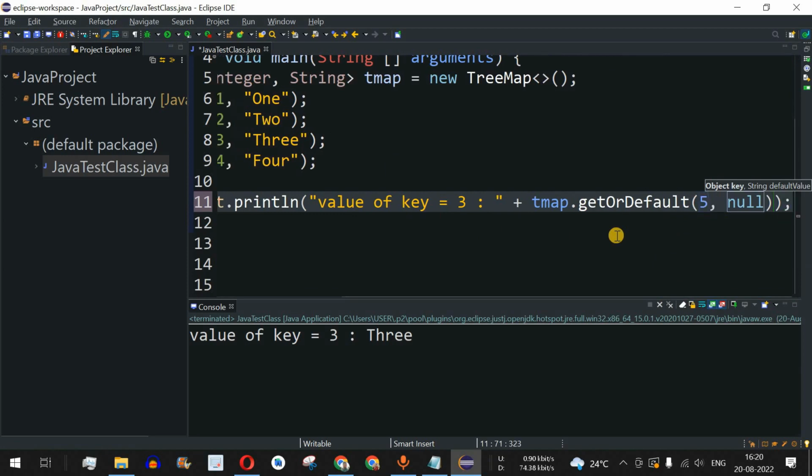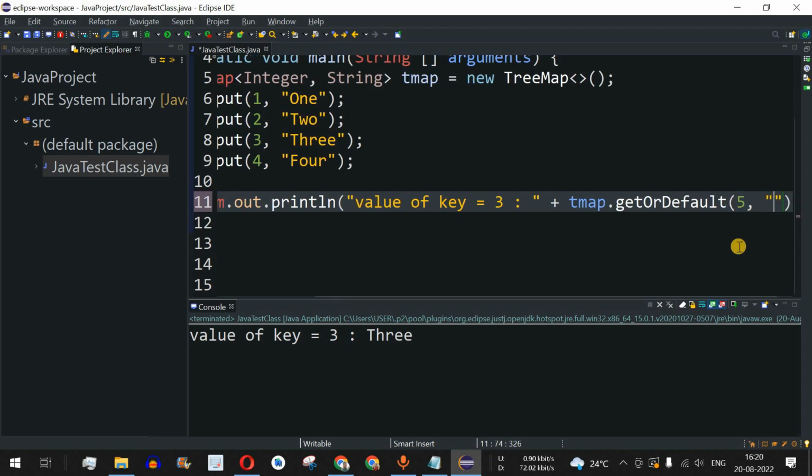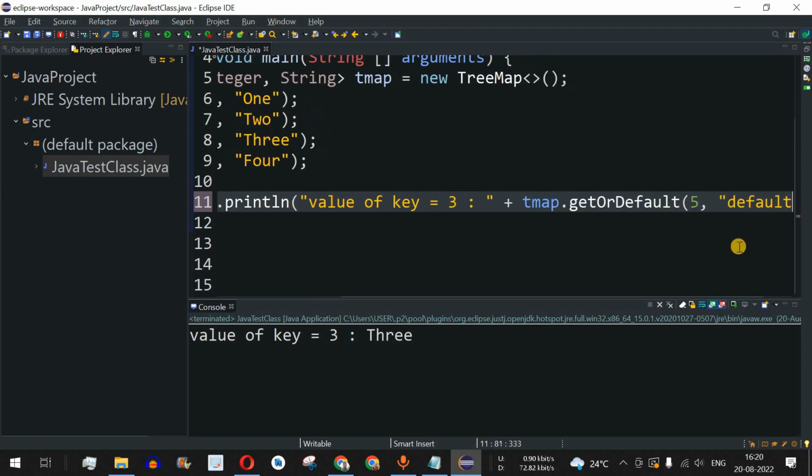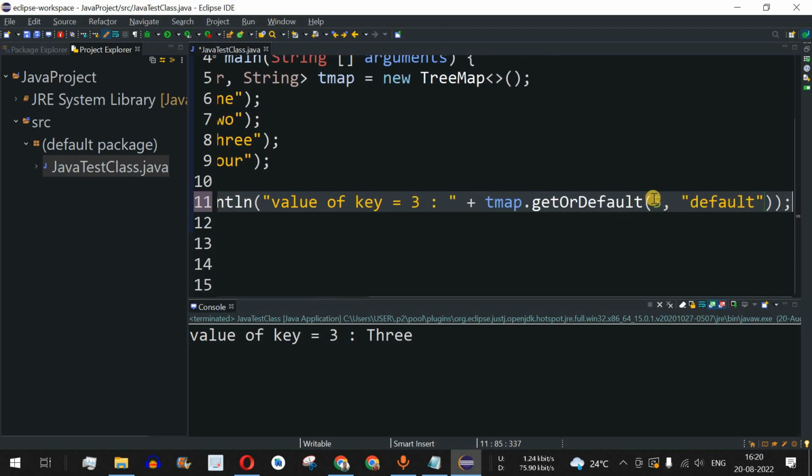So guys, I'm going to provide the key as 5, and let's say I want to provide the default value as "default". So what we have done over here is, it is taking two parameters. The first parameter is the key that we want the value of, and if that key is not present, then we have to provide a particular value which will be of the data type string.